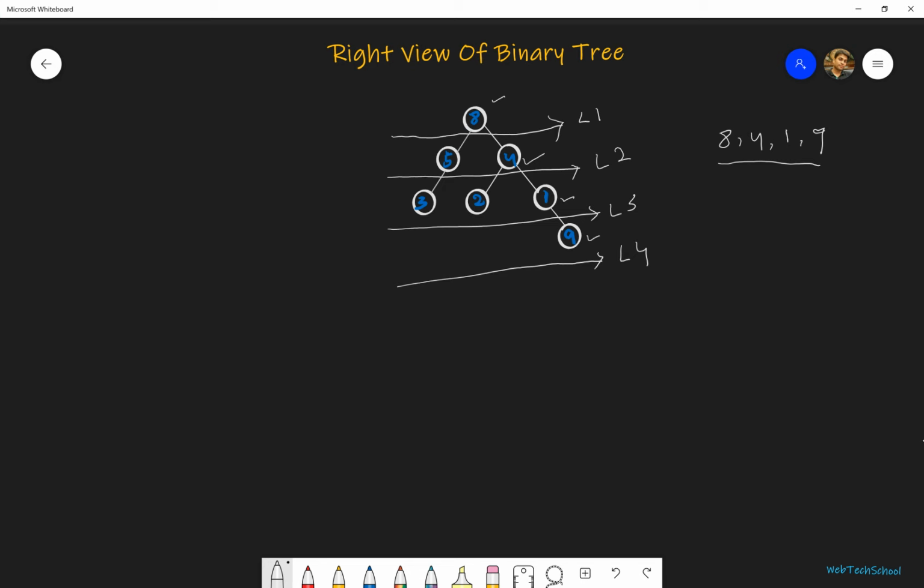In an algorithmic way, if we want to display the right view, what will we do?